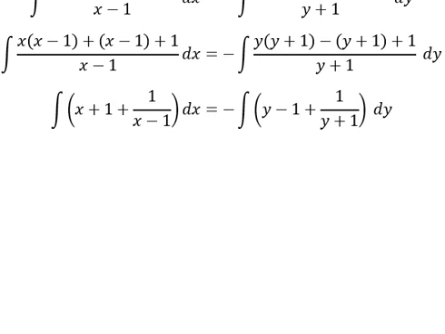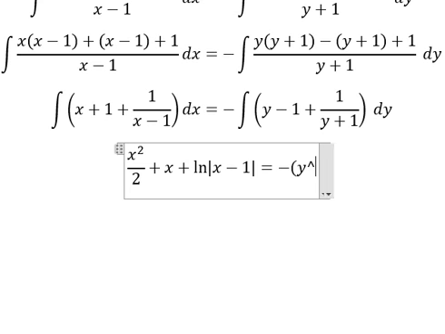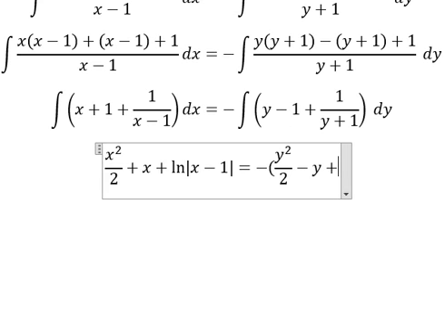The integral of s, we have s squared over 2. Number 1, that is s. The next one, that is ln of the absolute value of s minus 1. The next one, we have y squared over 2. Next one, we have negative y. And the last one,